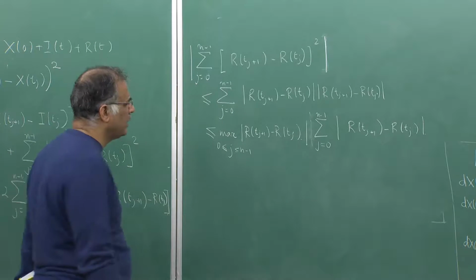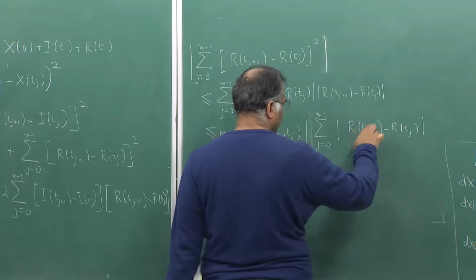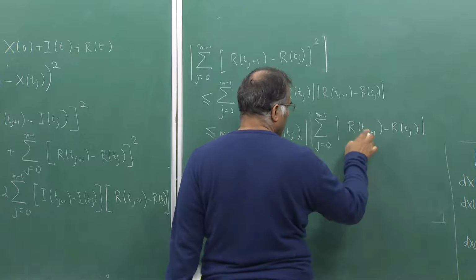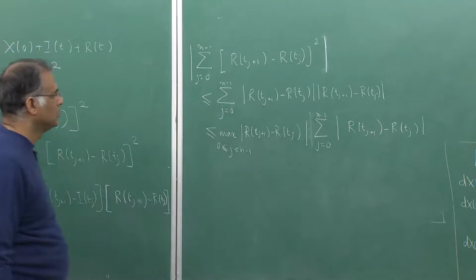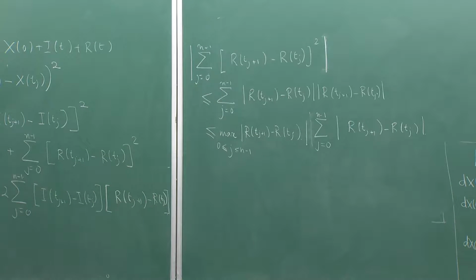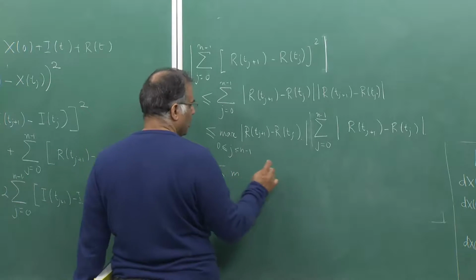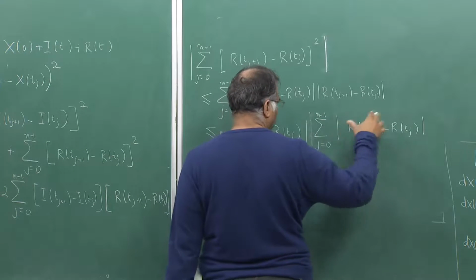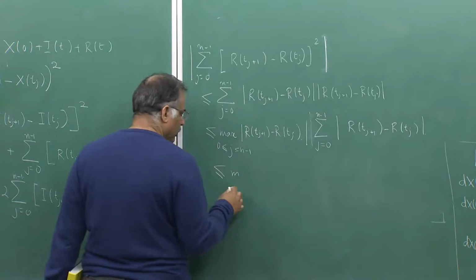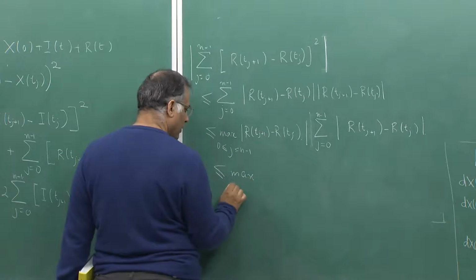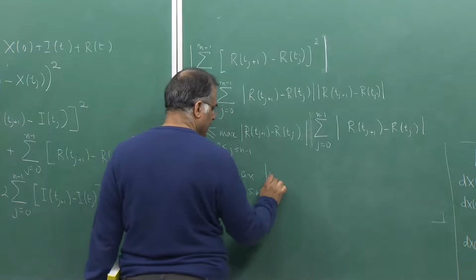So then I can write this term as the integral from tj to tj plus 1 of theta u du. So which I can write again as, because the mod of the integral is less than the integral of the mod, using that very simple fact about integration theory, I can write this as